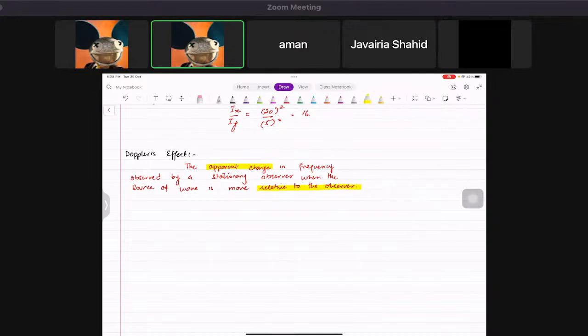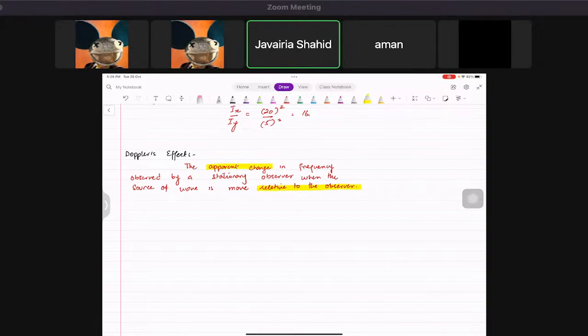Okay. And the source of wave is moving, sorry, my bad, moving relative to the observer. Alright? Now,